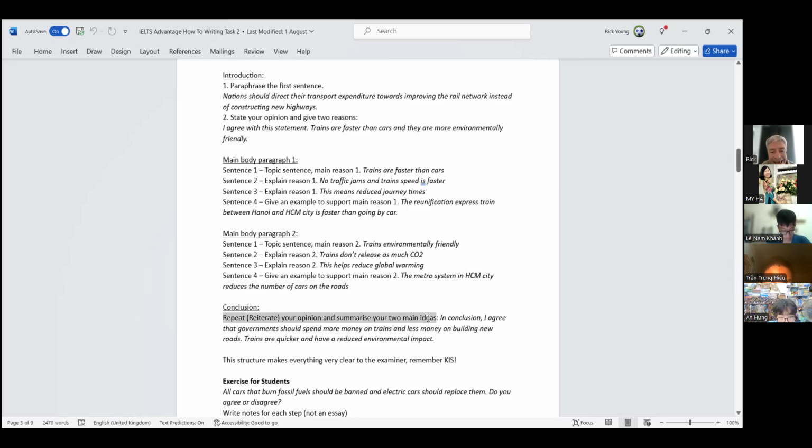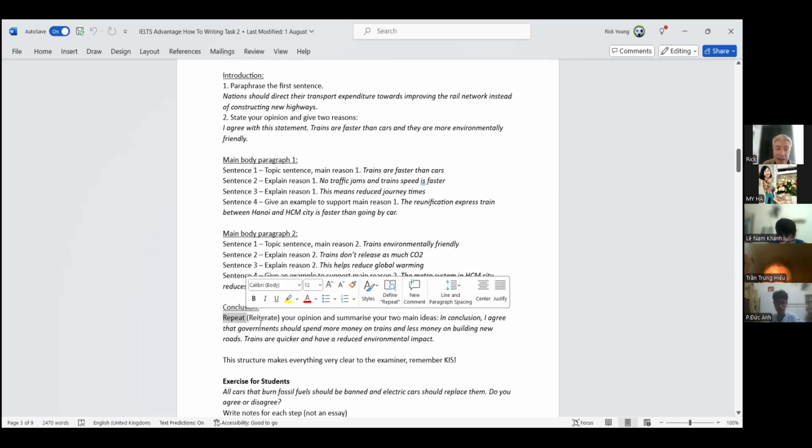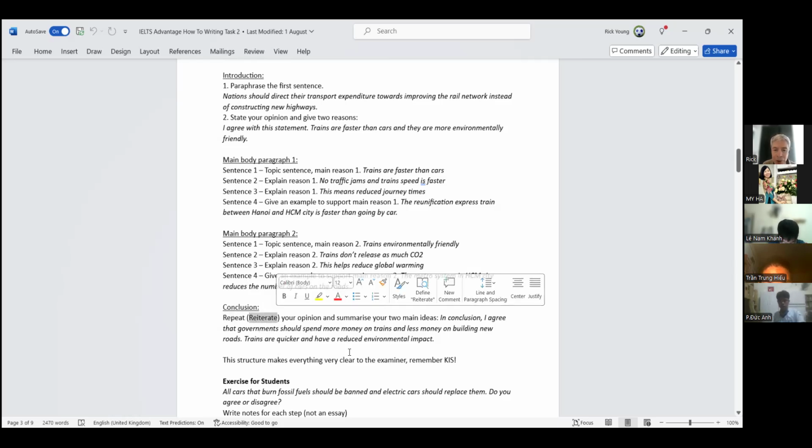And then my conclusion, the last thing I say. Remember, in my conclusion, all I do is repeat my opinion. This word here is pronounced reiterate. Can you pronounce this word for me, please? Reiterate. Good. Reiterate, everyone, a new word for your vocabulary, just means repeat. It's a more formal word that means repeat. Reiterate your opinion. Summarize your two main